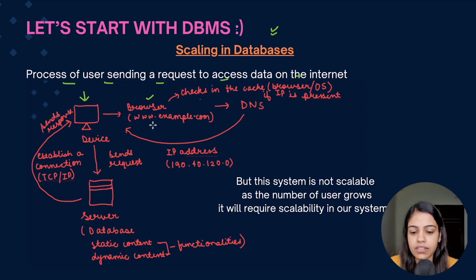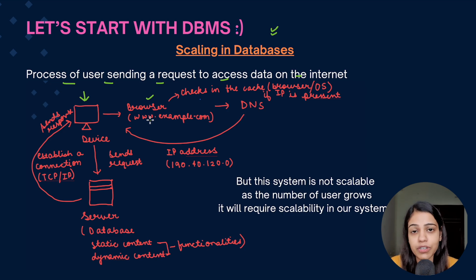You make a request, consider www.facebook.com, google.com or anything. So here we have taken www.example.com. Now whenever you provide this particular URL, just to get the data from the server, we need to provide the IP address. So we need to fetch the IP address of this particular URL. So how can we fetch the IP address? So if this particular URL has been hit by the browser in the previous times, or if the data